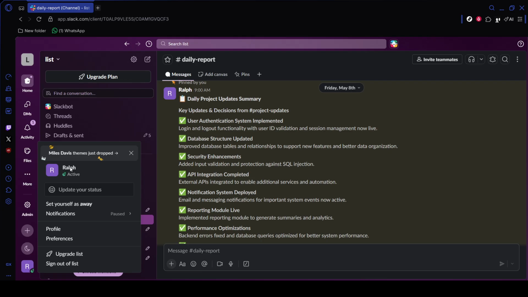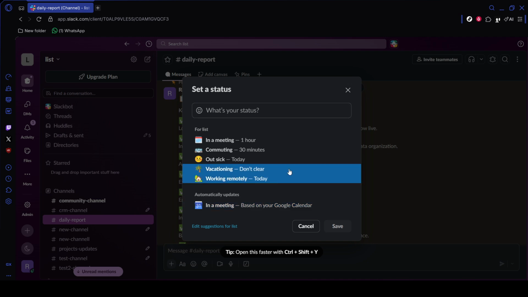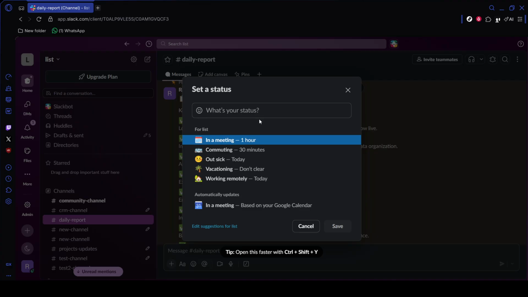Next, choose the out-of-office status that fits your situation. Slack usually offers a few default options such as vacationing or out sick. If one of those works for you, simply select it. If you want something more specific, click into the What's Your Status box and type a custom message such as,